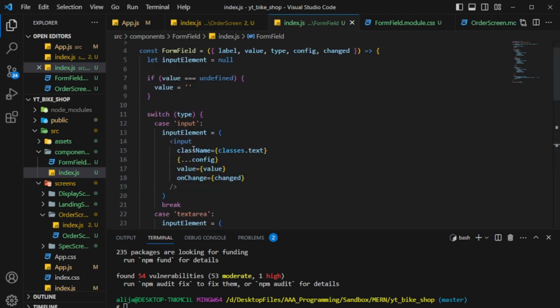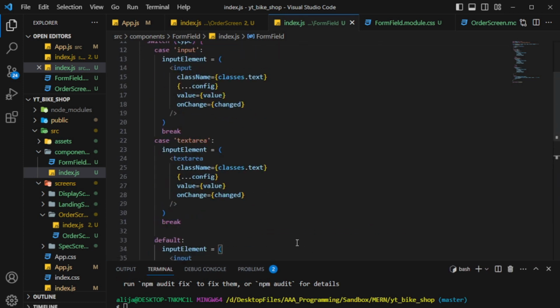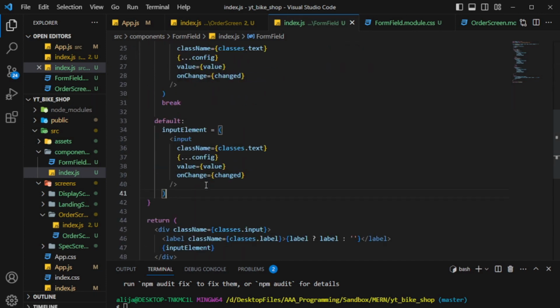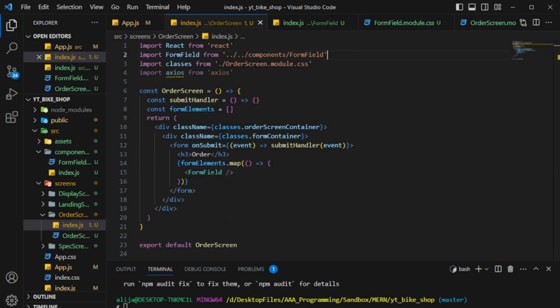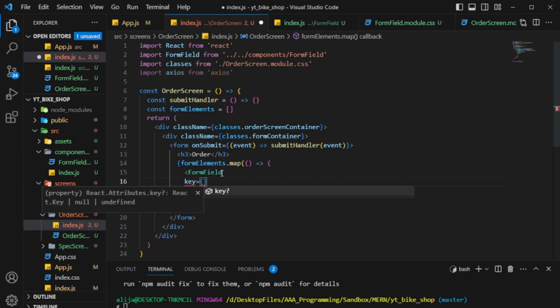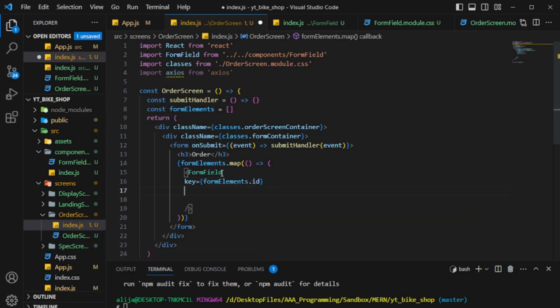And for that, that would be the entirety of the form field component. If you'd like to go in and add more cases for a select or a radio or anything like that, feel free. Okay, so now we are good to import the form field, which is going to have a few props. We're going to set the key to the form element.id,